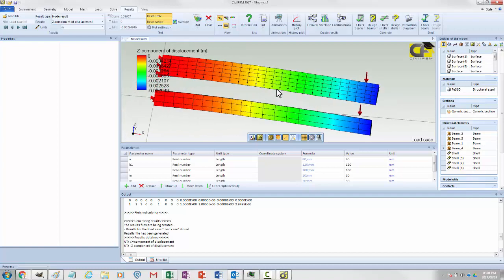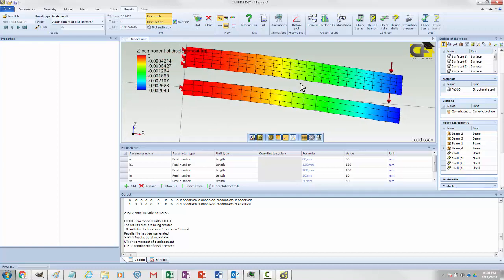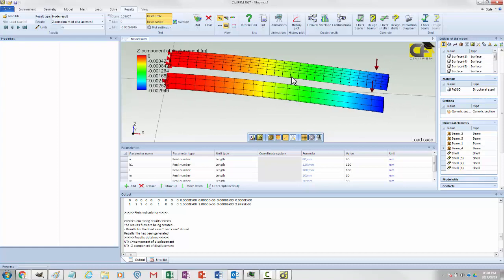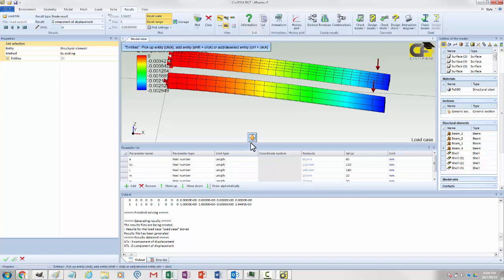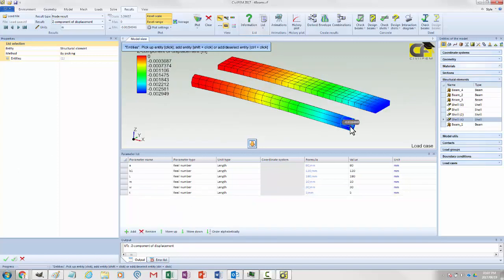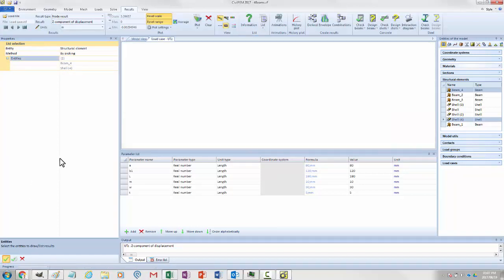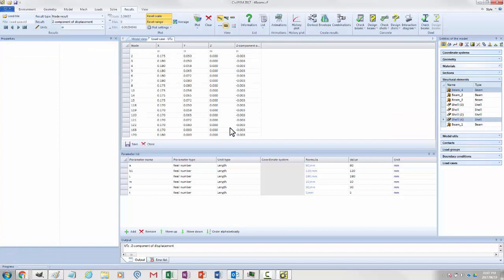If we now need to pick results at specific locations, what we can do is to use the list option, where we specify that we want to select elements or structural elements. So now I have selected both the beam and the shell,